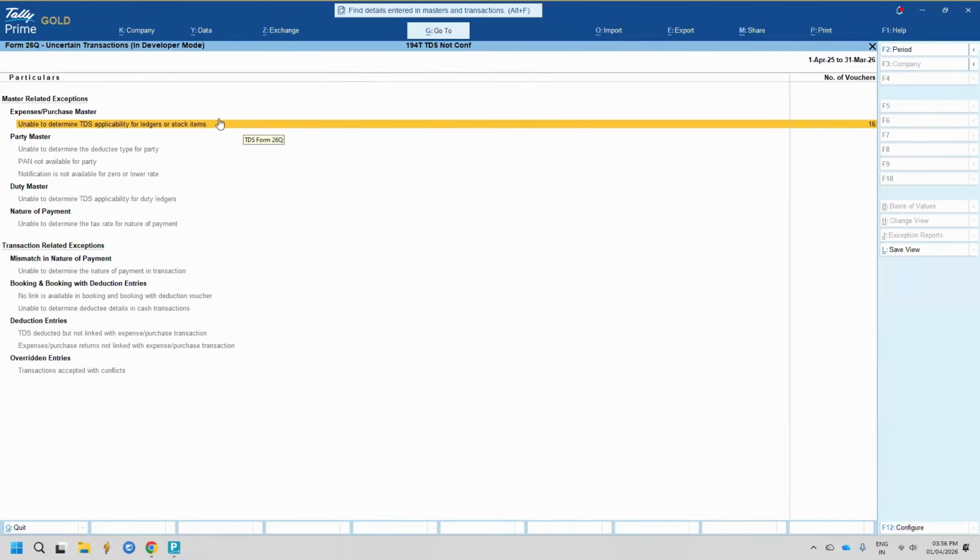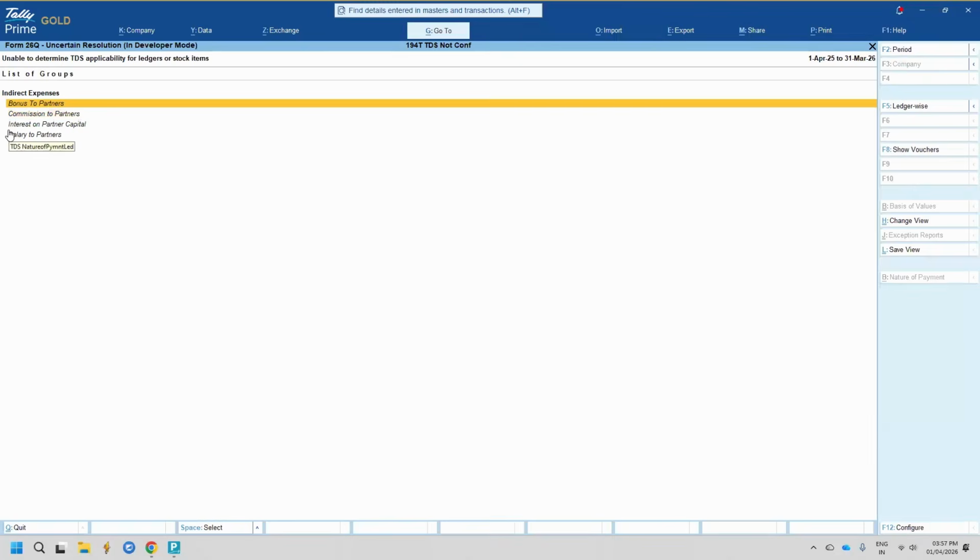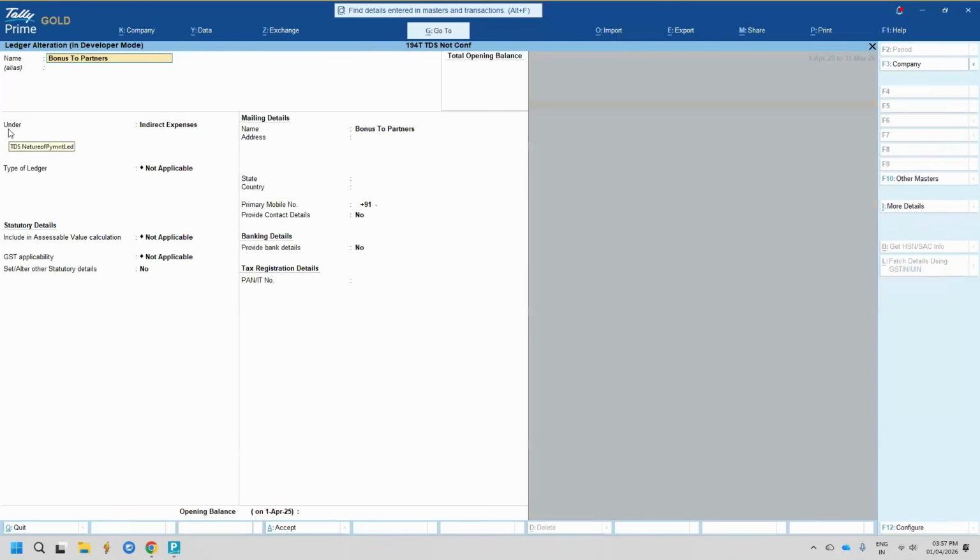So just press enter and check what it is asking for. It is saying that it is unable to determine TDS applicability for ledgers or any stock item. So this means within the ledger of some parties or some expenses, I have to first configure TDS. We can just press enter to see the details, and here first it will give the group and then the ledger name. We can just press enter or Control Enter to alter that particular ledger,